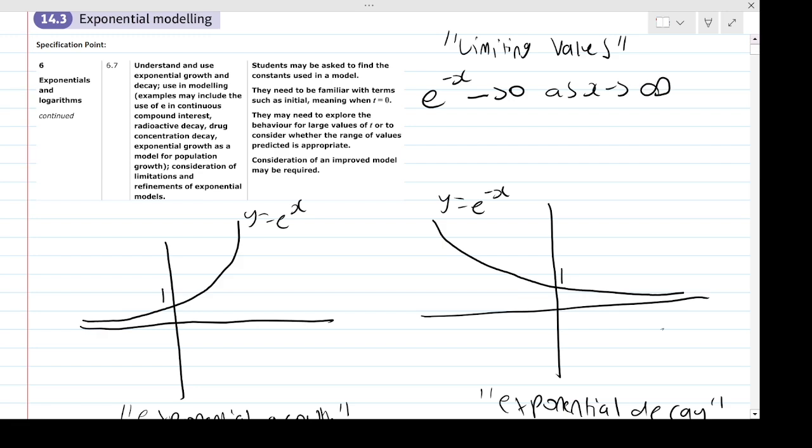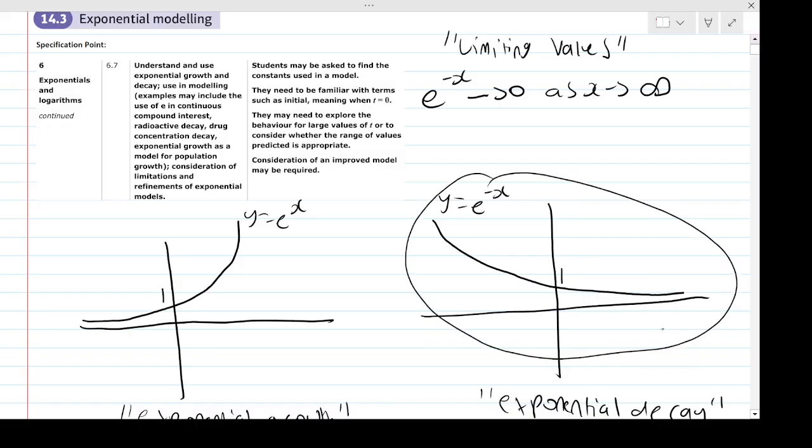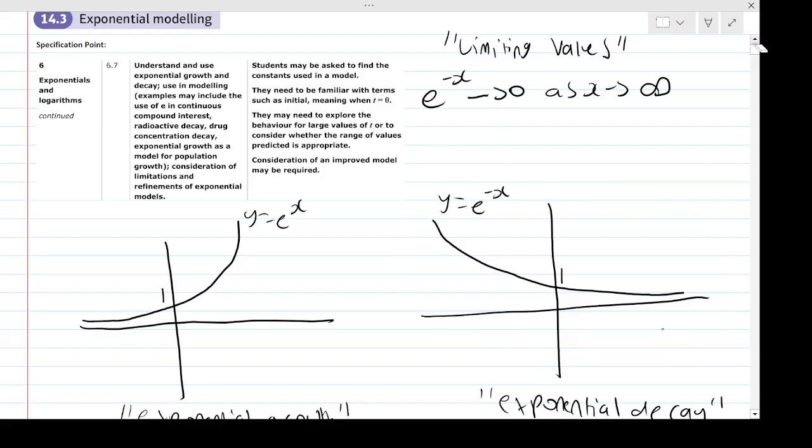Now you can see that quite clearly, right? It's going to 0 in the long term. This graph here, e to the negative x, goes to 0. The asymptote is 0, as x gets longer and longer to infinity. It's important to state that, because questions will ask you what the limiting value of e to the negative something is. And so, for example, then,